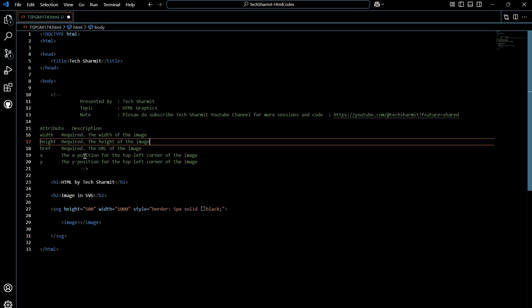Then we have href. Href is again required, and this is for the URL of the image. Whatever image you want to include here, you will put the URL or the path of that image. Then we have X, which is the X position for the top left corner of the image. Then we have Y, which is the Y position for the top left corner of the image. Clear? So this is how you are supposed to pass attributes and their descriptions in the code,